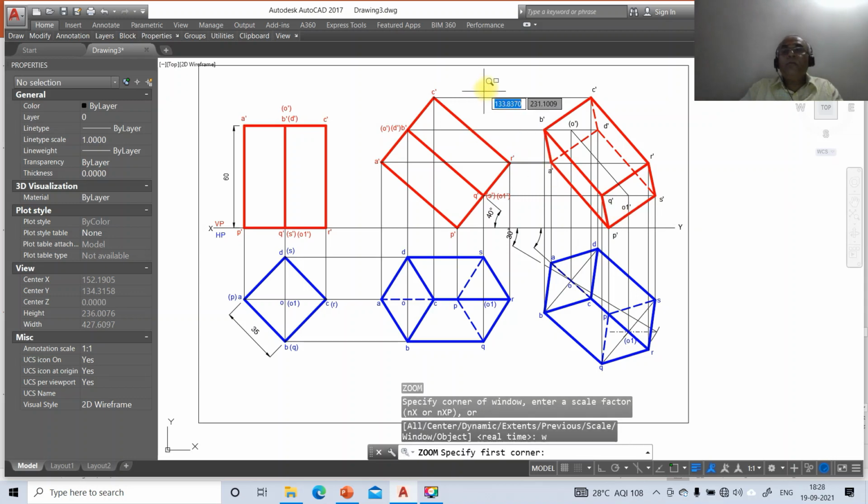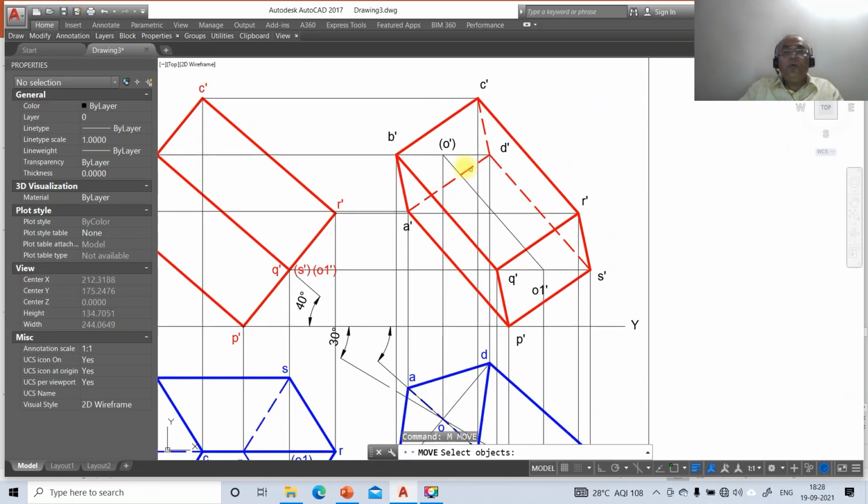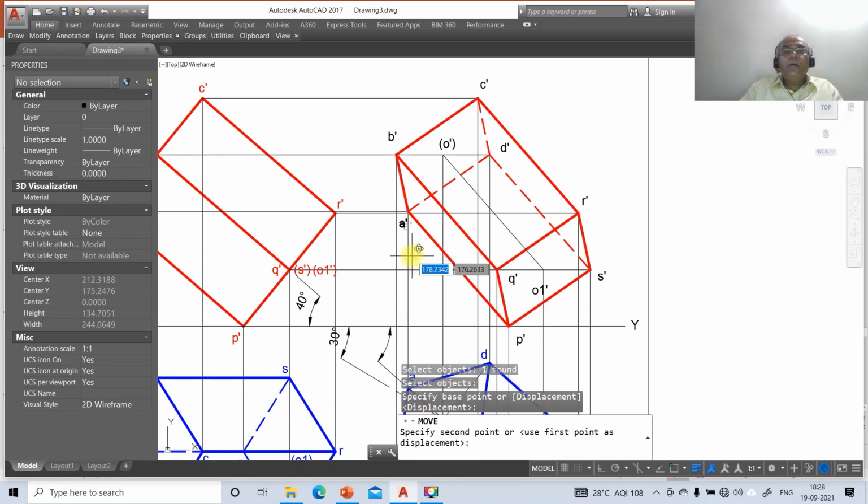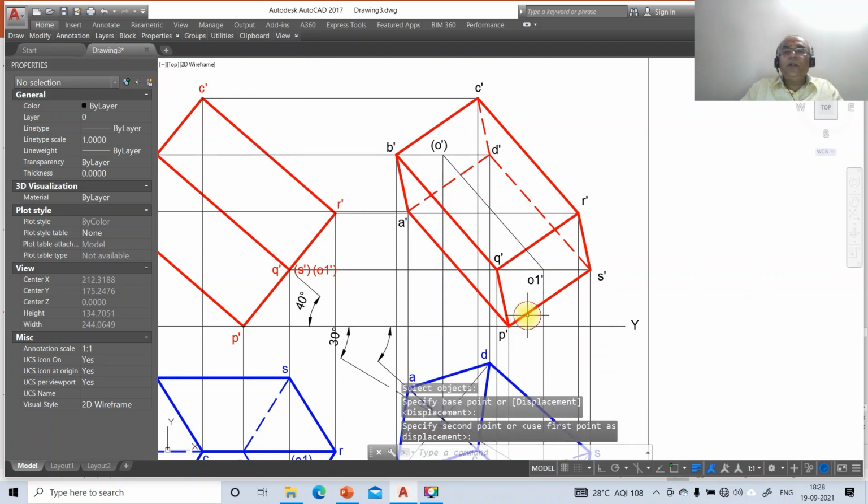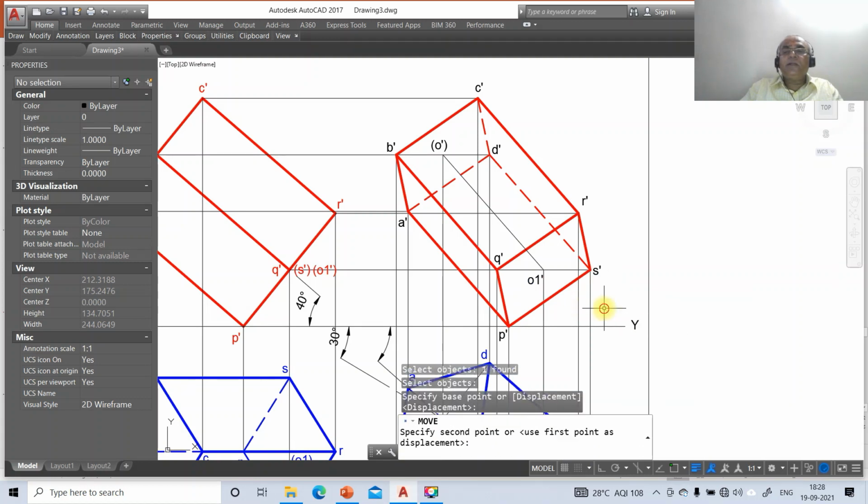Zoom window, then go to move, take A dash, move these points appropriately and keep it here, near to those points. Then click on O1 dash, S dash, R dash.